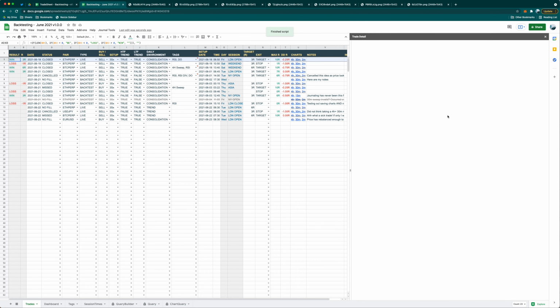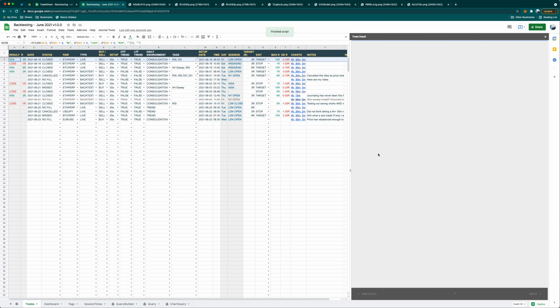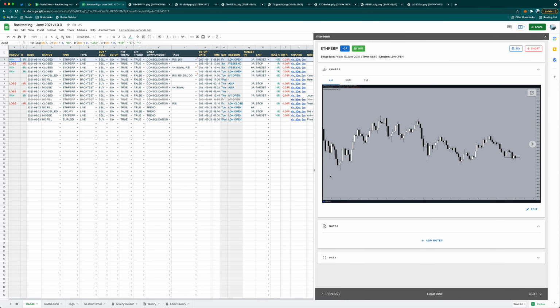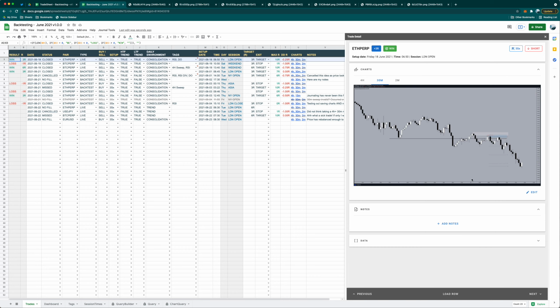This sidebar here is a bit of a prototype really for an actual app. So eventually, if I keep iterating on this stuff, it will turn into an app where you don't actually interact with the spreadsheet anymore. It's all done through the app, and the spreadsheet will become just like a back end database and make the process of journaling